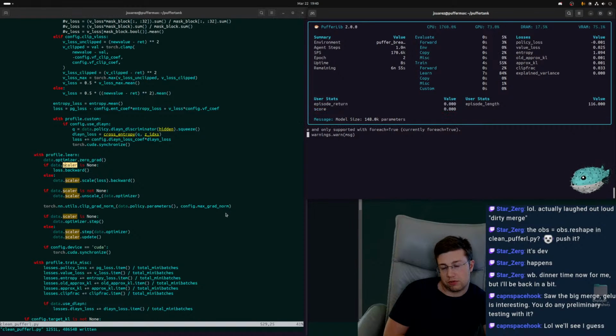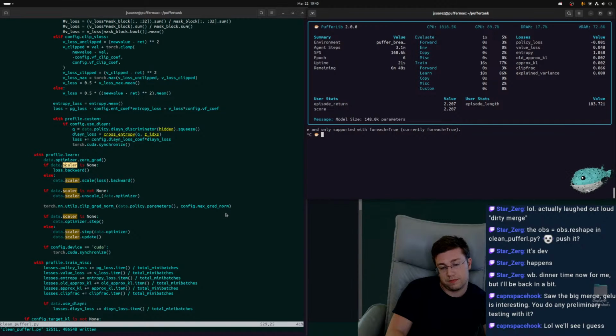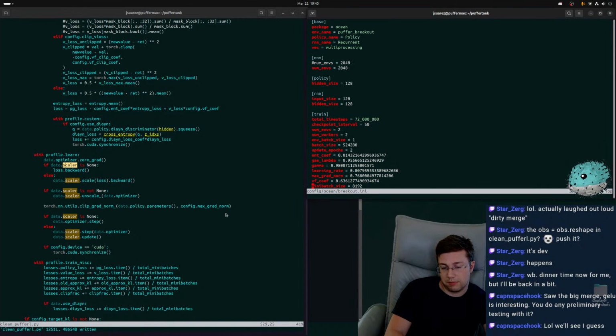And what the heck is screwing this up so badly? Crazy. We don't have stupid hyperparameters, do we?